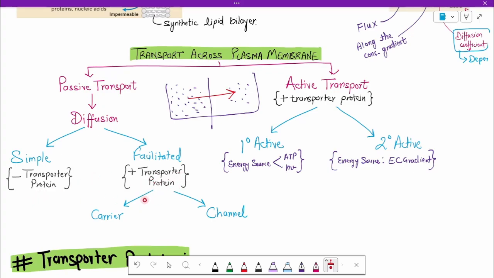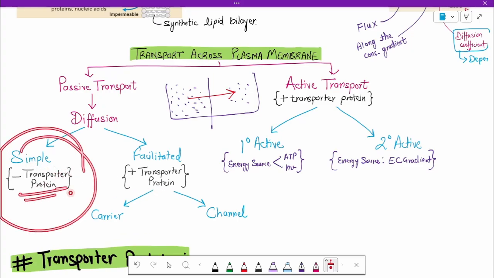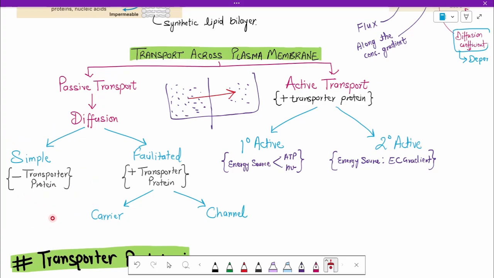If it does not need any special protein to transport, if the molecule is permeable through the plasma membrane, like we said about gases like oxygen, this is known as simple diffusion. Alright, it does not require any special transporter protein. And if our molecule is like glucose, like fructose, like any specific amino acid, we need a specific transporter protein. And if we need a specific transporter protein, diffusion is facilitated by the transporter protein,